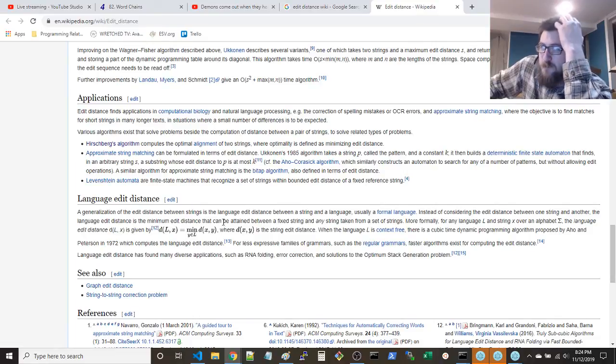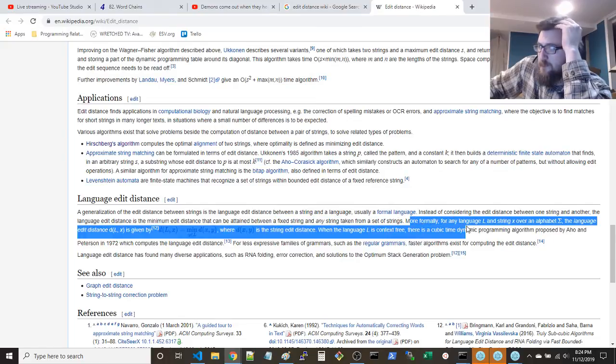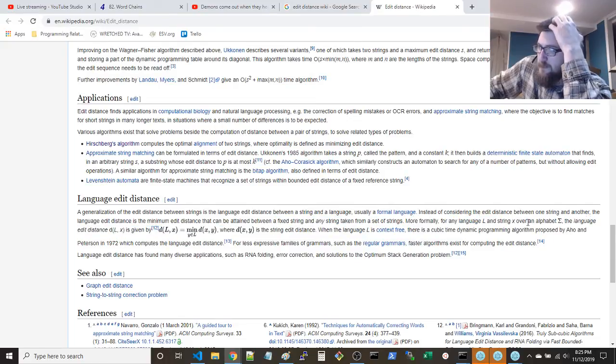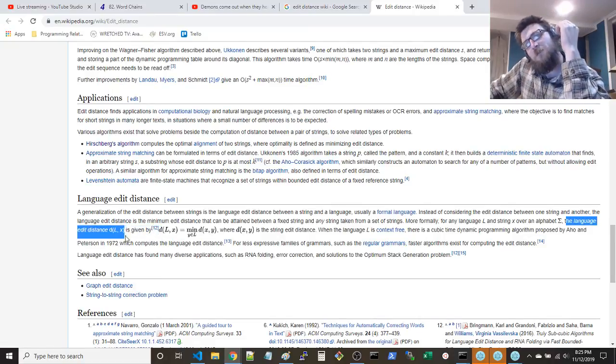A generalization of the edit distance between strings is the language edit distance between a string and a language, usually a formal language, instead of considering the edit distance between one string and another. Language edit distance is the minimum edit distance that can be obtained between a fixed string and any string taken from a set of strings. More formally, for any language L and string X over an alphabet, the language edit distance is given by